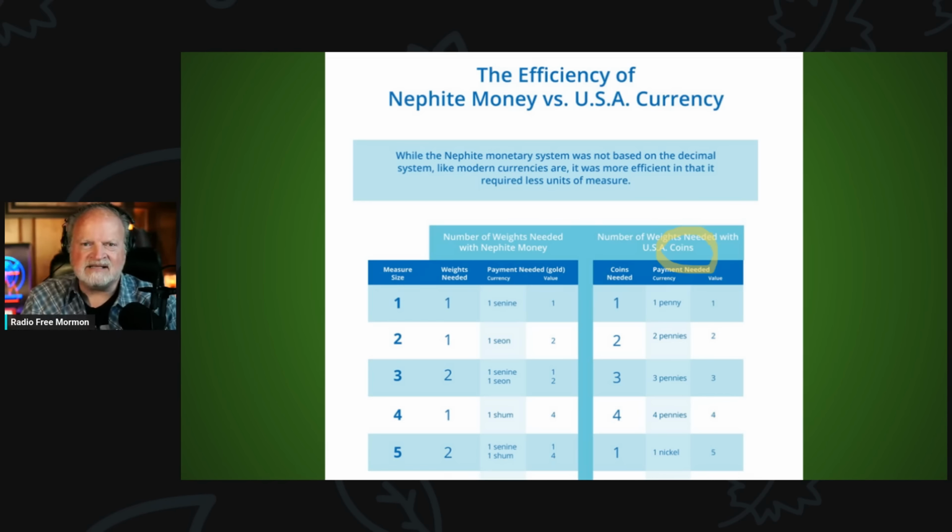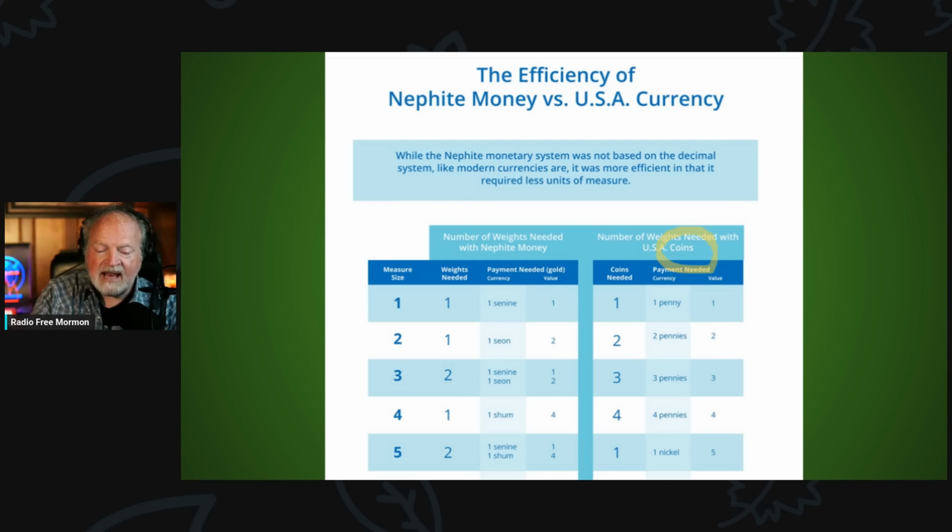So the whole deal is this. Here's how the game is played in order to try and show that the Nephite monetary system is more efficient than the US monetary system. You look at the Nephite monetary system and find out, for numbers 1 through 10, how many different units of Nephite money you need to arrive at each of the numbers. All right, so the first one is 1. The second one is 1 because remember they have a value for 1 and 2. The value for 3 is 2 because they need one of the 2s and one of the 1s under the